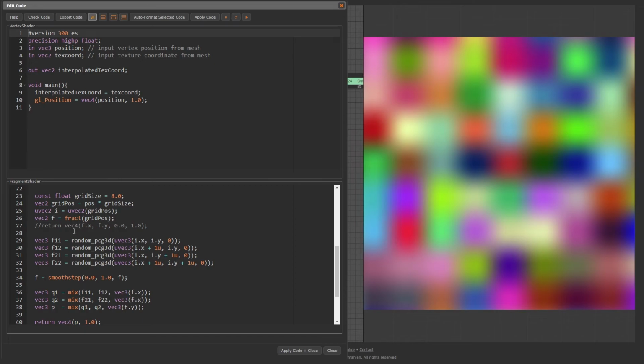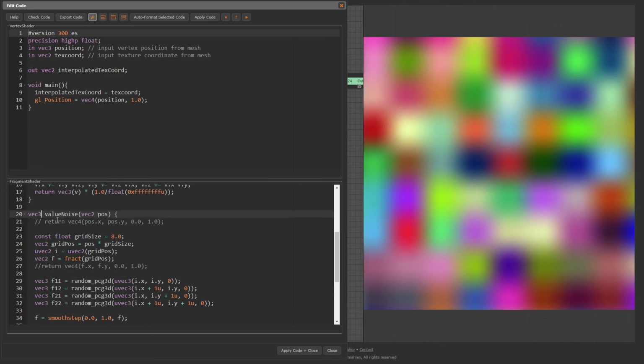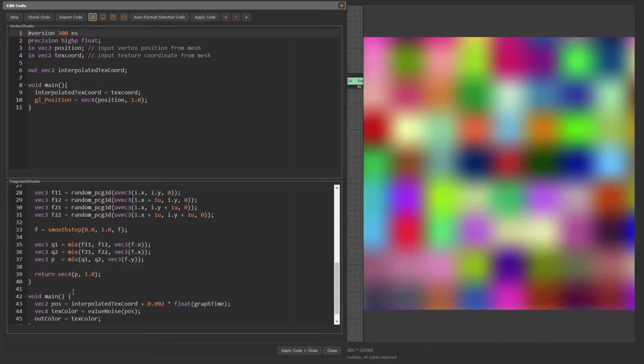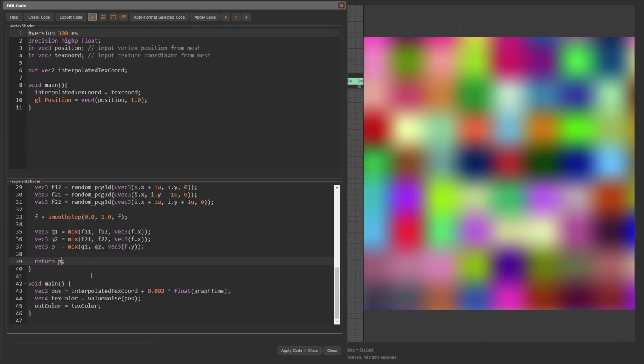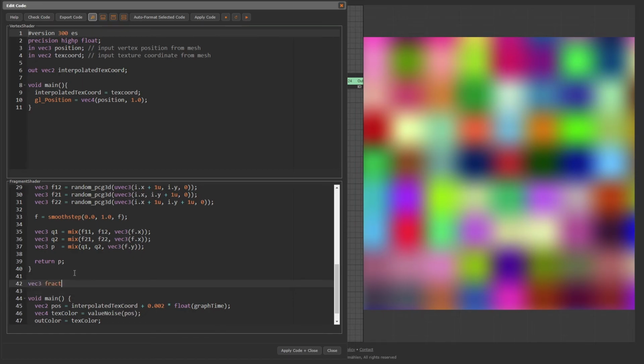We refactor the code. vec3 valueNoise, vec2 pos, float gridSize. Return p. And we define a new function, vec3 fractalValueNoise, vec2 pos, vec3 n equals vec3 0.0, n plus equal valueNoise pos, 8.0, return n.